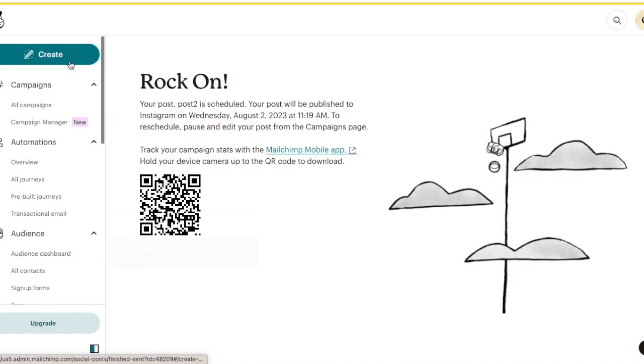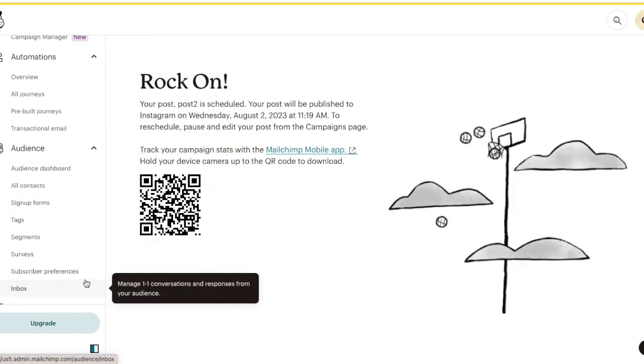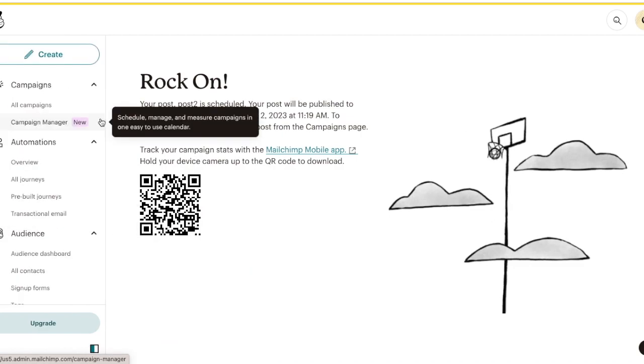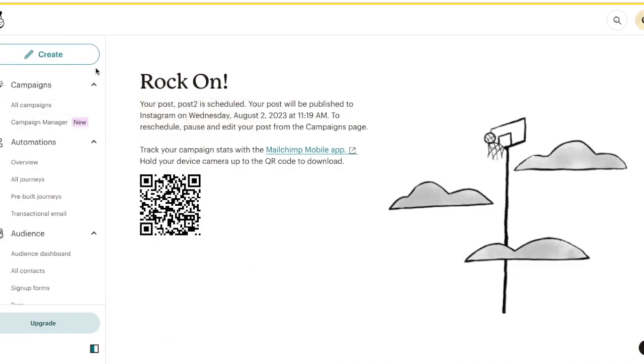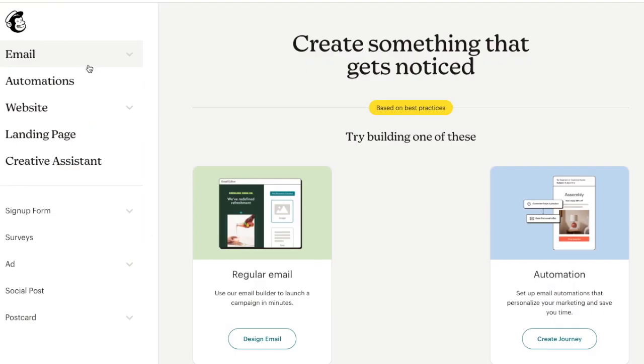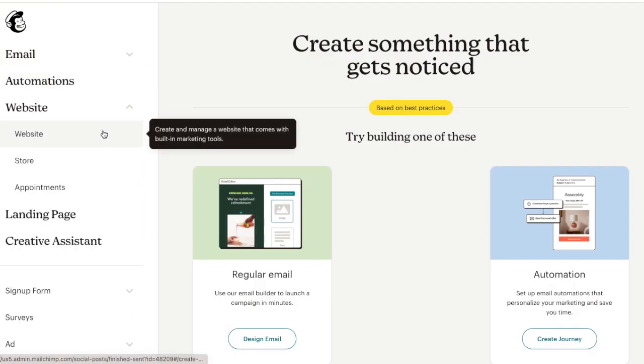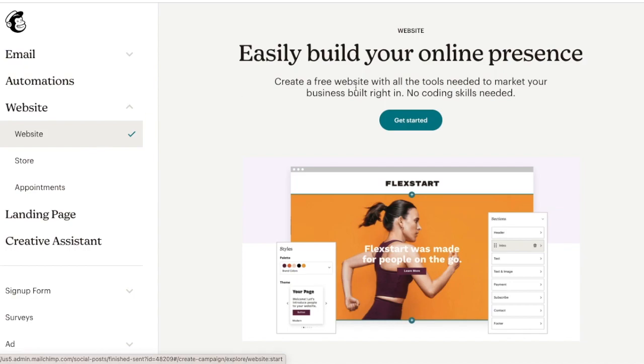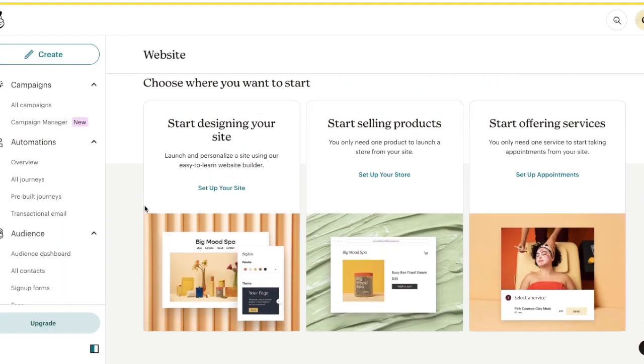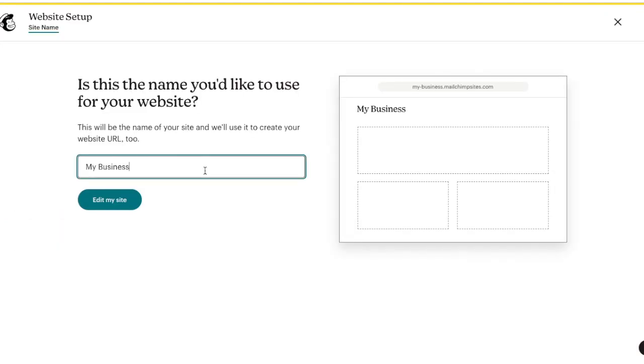I've already highlighted the email portion and just now the automations and social media portion. But today I really want to take a look at the website portion and see how we can use it to our benefit. So I'm going to go here to create and create a website. Get started. All right, so I'm going to start by setting up my site, just a regular site, and I'm going to choose a URL,